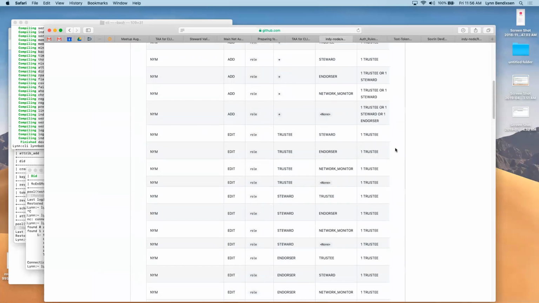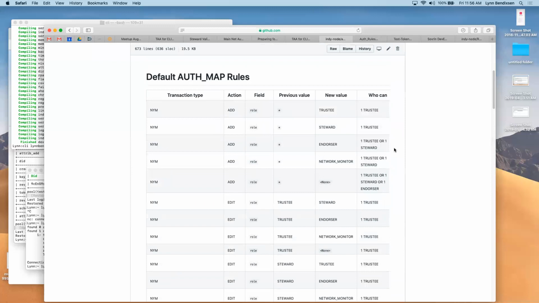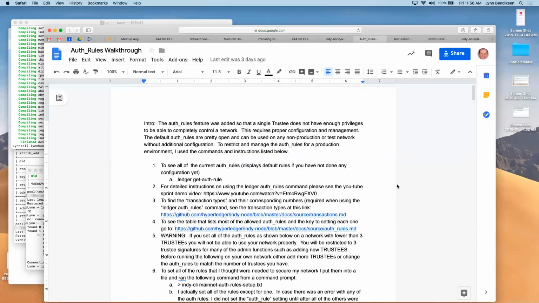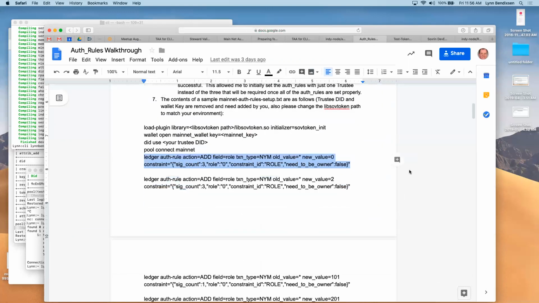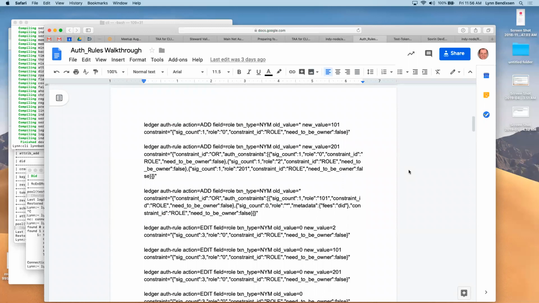If you want these rules to be like the ones that are on the builder net or the main net, then you need to run some commands in the CLI to set those up. Fortunately, we have a batch option in the CLI where you run the CLI, you do the config if you set up the TAA, put that config file in, and then put a file after that. It'll run all those commands start to finish as if you had entered them one by one.